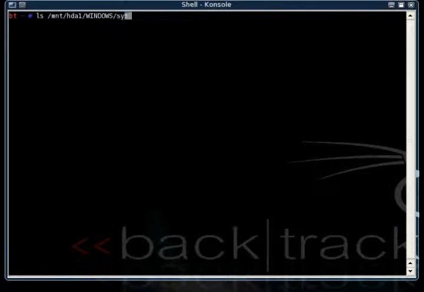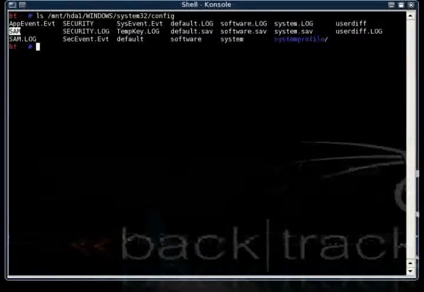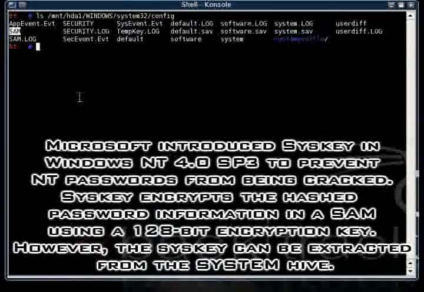Alright, in Windows, all the password information is stored in the config folder. In that folder, there's a SAM file. This is the Security Accounts Manager. This stores all the passwords and usernames and the hashes for the passwords. Also in that folder, there's a syskey system file which adds an extra layer of security. Alright, now that you know where everything's at,